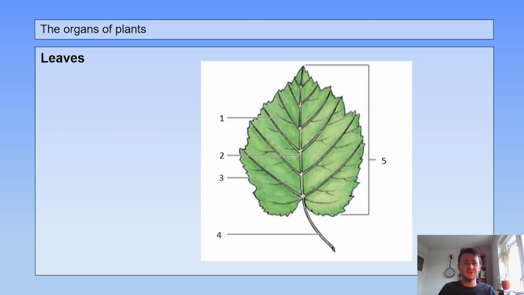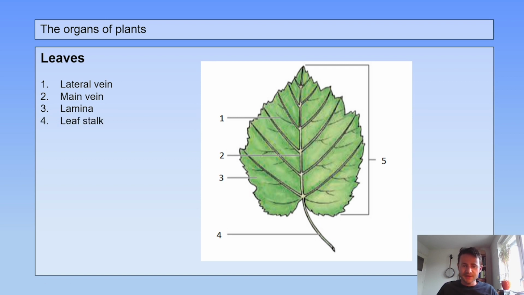One of the learning goals is that you can name and list the functions of the parts of the leaves. So number 1 is the lateral vein. Number 2 is the main vein. So if you see, this is the main vein and it branches off into the lateral veins, and these veins are comparable to blood vessels, so the function is that they transport substances. 3 is the lamina, that is everything between the veins, and this is the place where you can find the chloroplasts, so this is the site of photosynthesis.